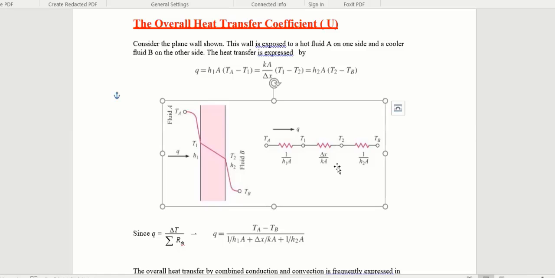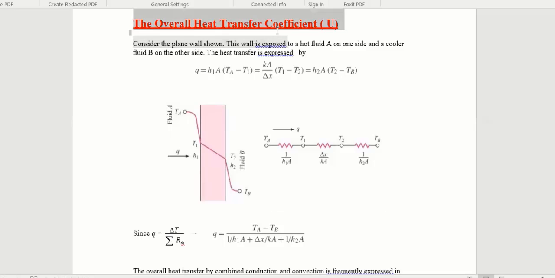This should be very much clear to you. Now in heat transfer, we will always be dealing with numericals where there is conduction and convection. We will not be purely focusing on conduction only every time. In each and every numerical, you will find that conduction is also there and convection is also there. When such a case arises, the term we will be utilizing is the overall heat transfer coefficient. Clear? So when there is combined conduction and convection, we will be utilizing the overall heat transfer coefficient, and it is denoted by capital U.